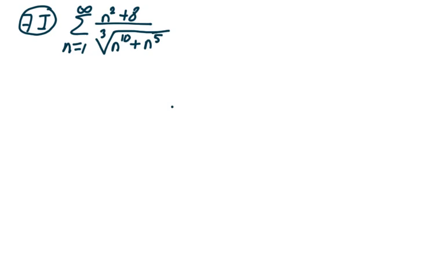Something like that. This is what I would do. I would let a_n equal n squared plus 8 divided by the cube root of n to the 10th plus n to the 5th. This is a classic